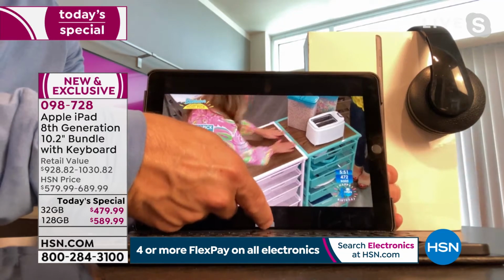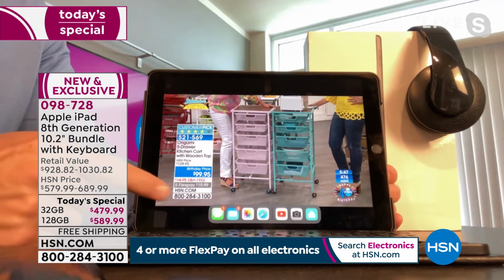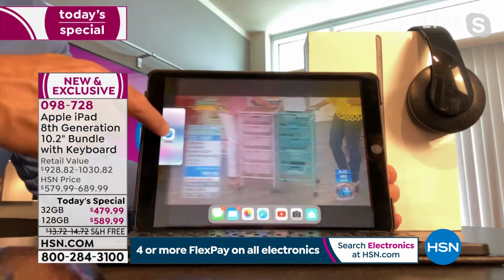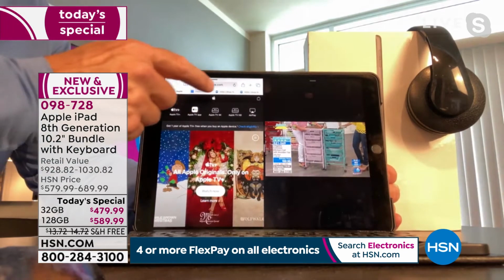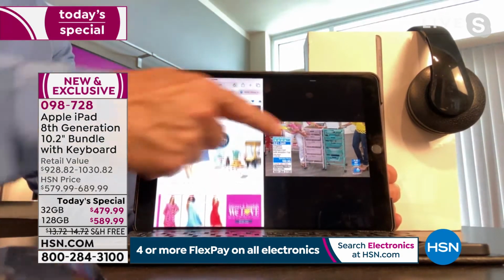There's my icon. Swipe up. Come on, work with me. There we go. And I can actually now open my photo library, check my emails, maybe shop at the exact same time. Just like that. Boom. And the cool part about this is, look at this, Alice. It is so intuitive where I can do two things at once.